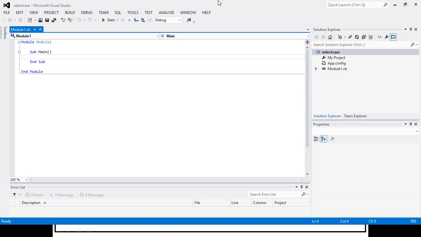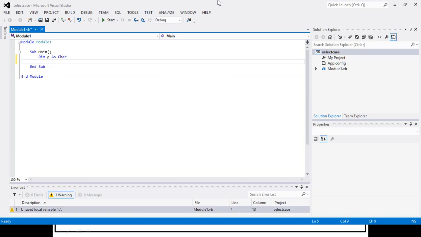Now here I will write the program to check whether the given character is a vowel or consonant. We know that in English we have 5 vowels: A, E, I, O, U. Now if the character entered is any one of these 5, it should display the message it is a vowel, otherwise it should display it is a consonant. So for this we will require to declare one character variable, let us say C as character,